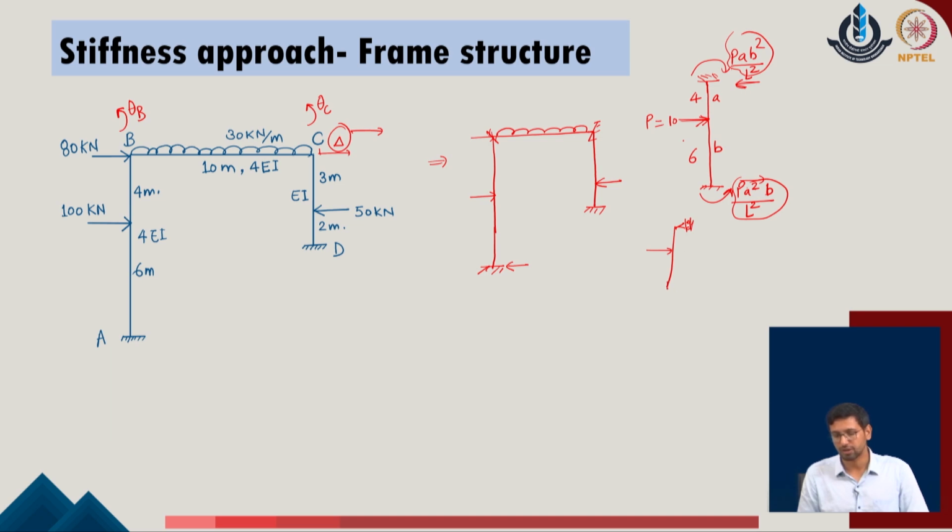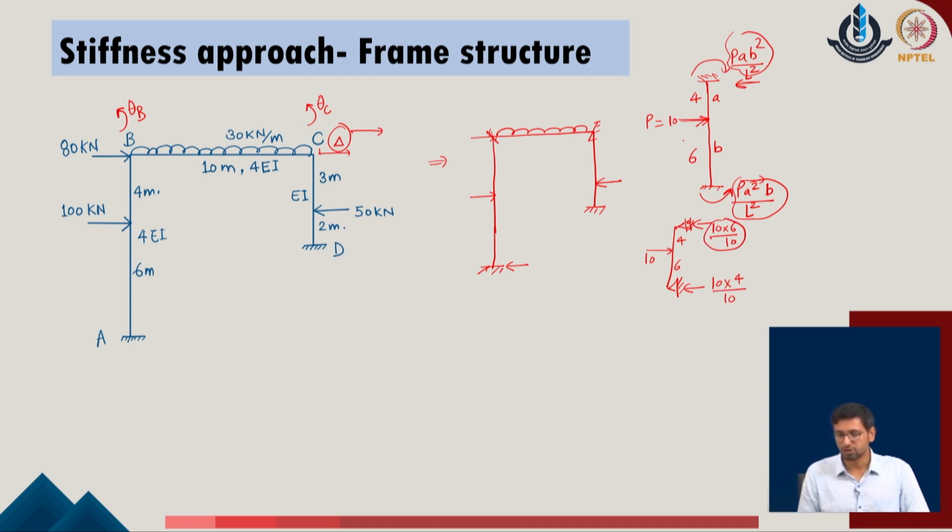So, if we consider a system like this in which a given member load of 10 units is provided at the beam having a span length on one side 4 and another side 6, we can evaluate the two reactions of the given system. These two reactions will typically be evaluated as 10 into 6 upon 10, which is the total length of the given member, and 10 into 4, which is the second part of the length, divided by the overall length of the given system, which is 10.